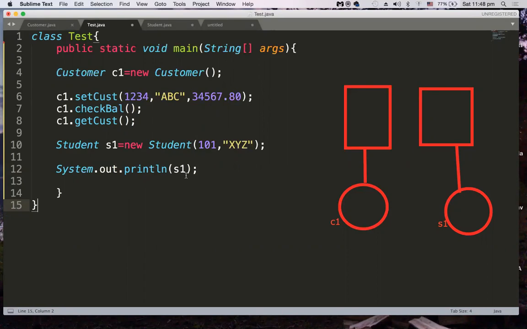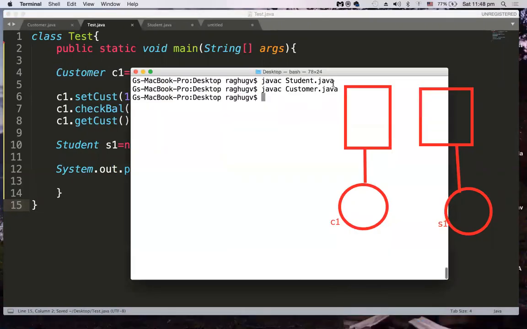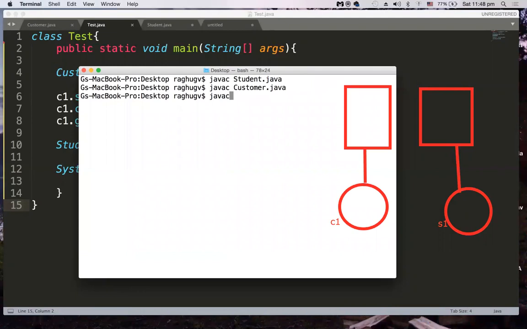In the toString method, we have written code to get the values of roll number, name, and college. Okay, so this is how you are creating an object here. Let me compile this. Let me go to my terminal here. Yeah, so let me compile this test class, Test.java. It's compiled successfully, and whenever I run this particular java Test, the main method is executable, so it will print the details.